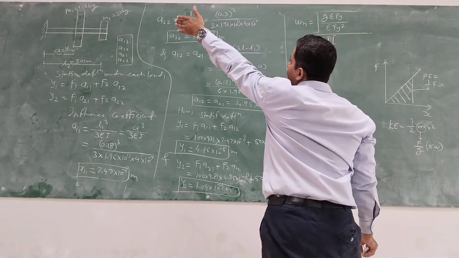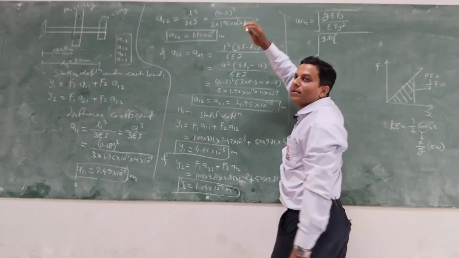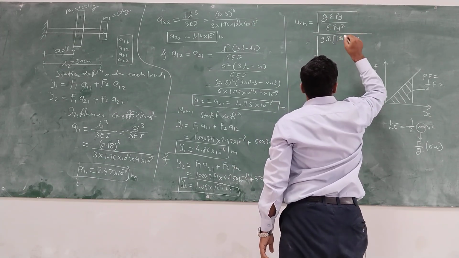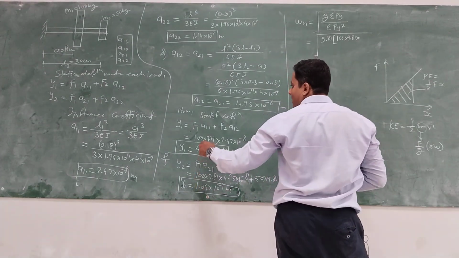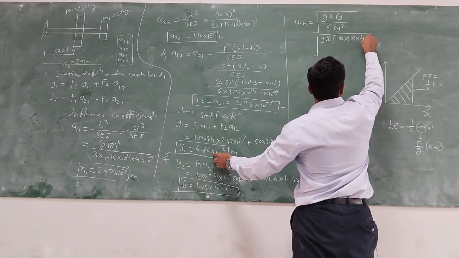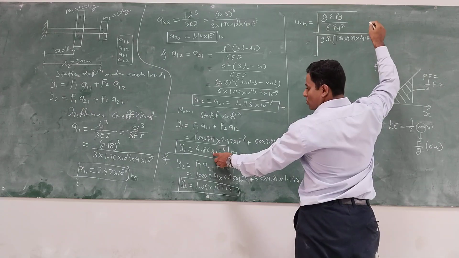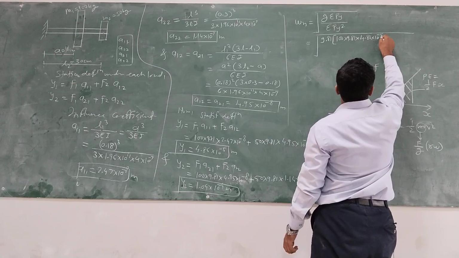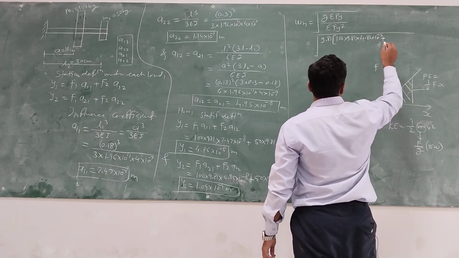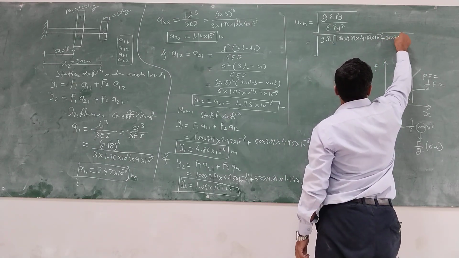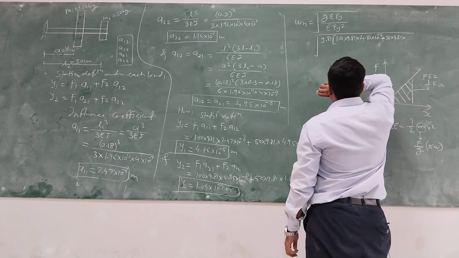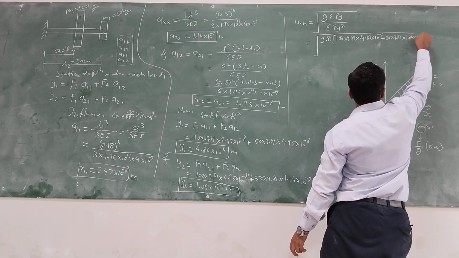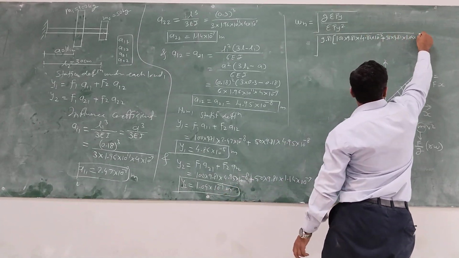Tell me, what is P1? P1 means force 1, 100 into 9.81 into y1, 4.86 into 10 raised to minus 5, plus P2, 50 into 9.81 into y2, 1.04 into 10 raised to minus 4,